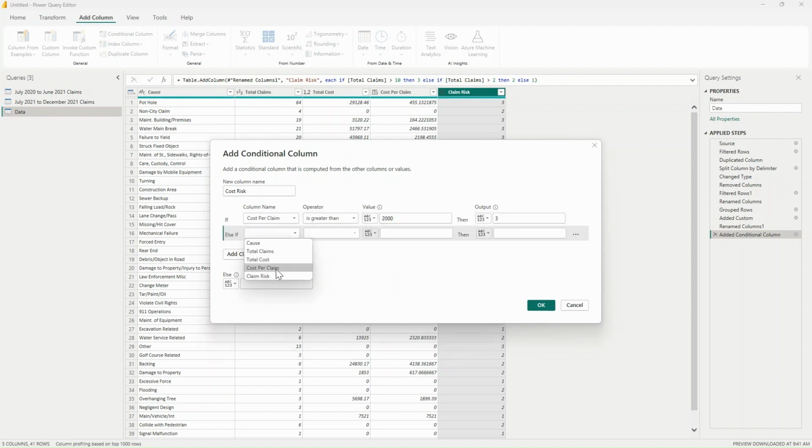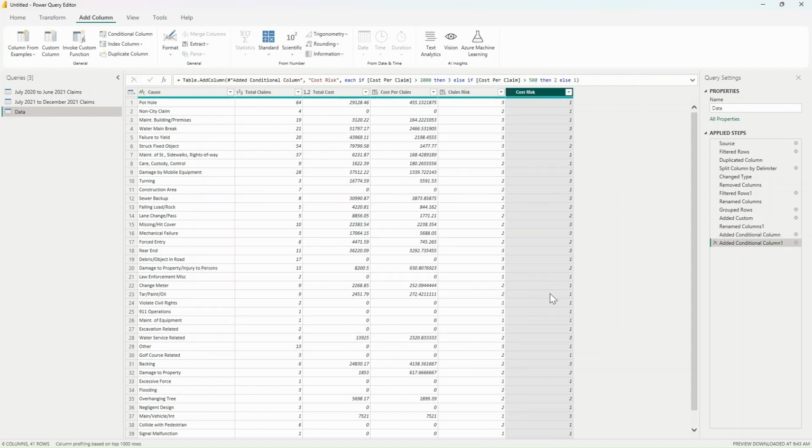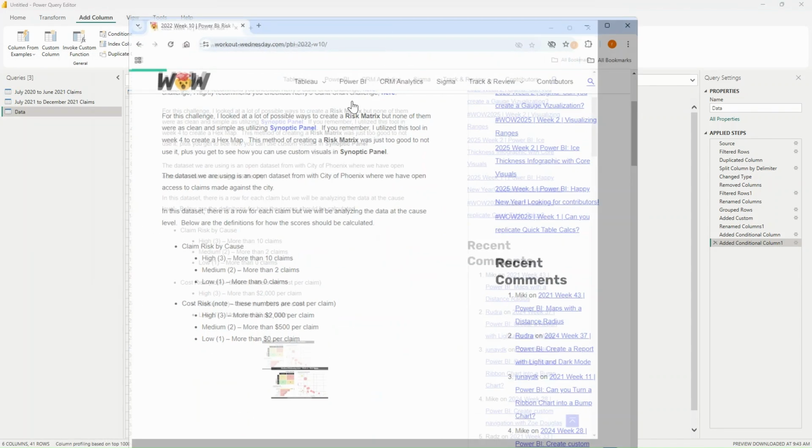If the cost per claim is greater than 500, then it is 2. Otherwise, it is 1. And I'll click on OK. So we have now claim risk and cost risk, and we're going to use this for merging the queries later on. Next, we need to create another table, which is